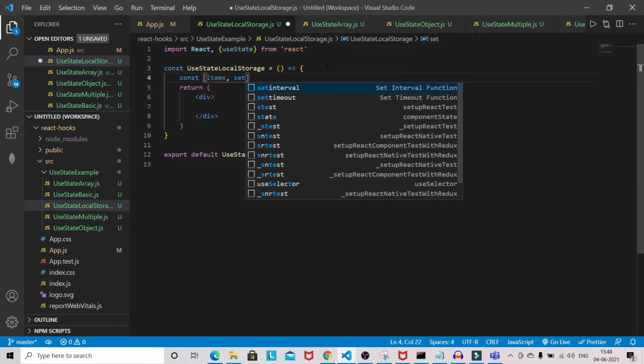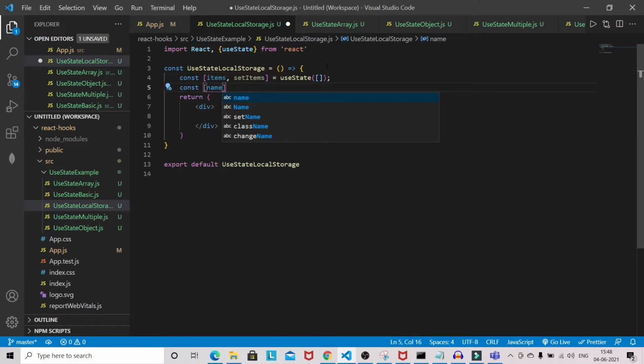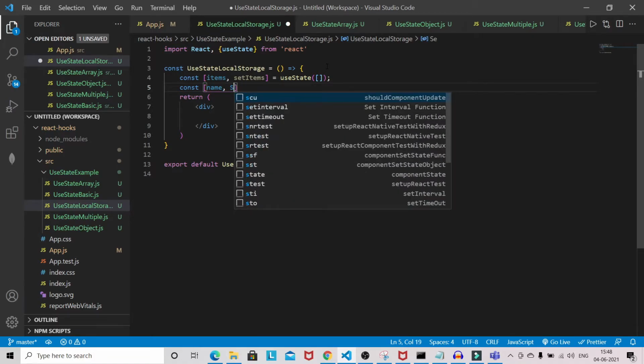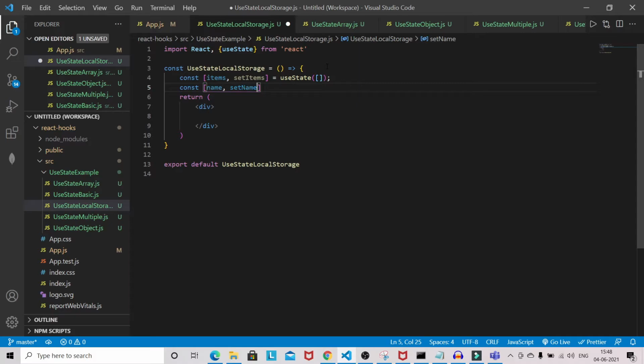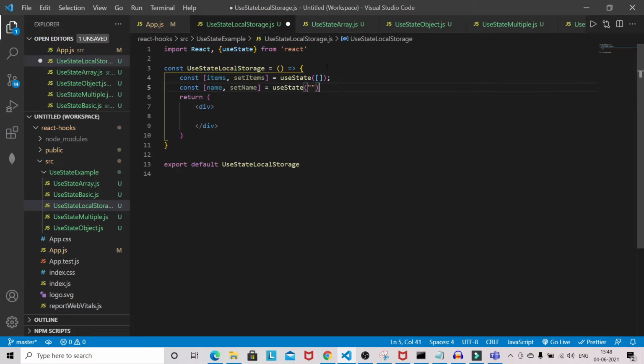Items, setItems, useState, and we will have one name, setName, and this will be empty.